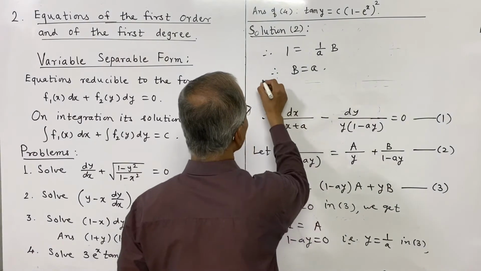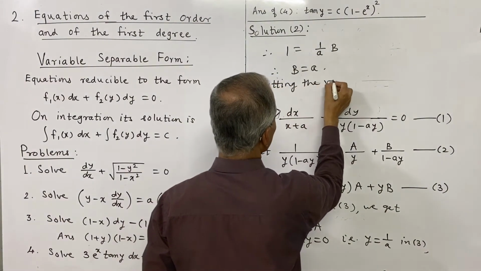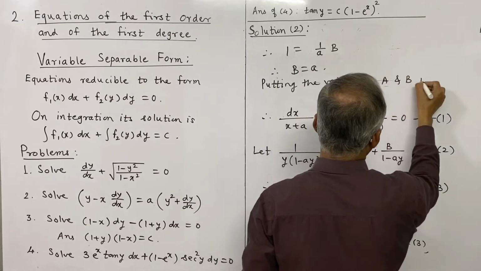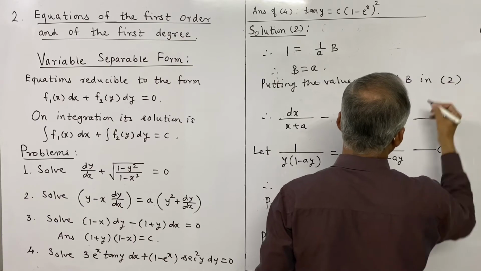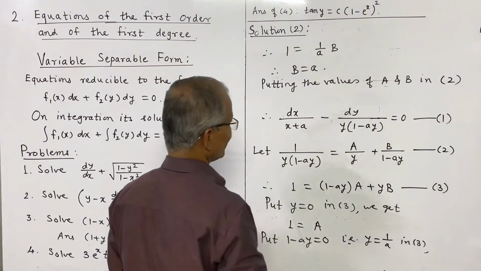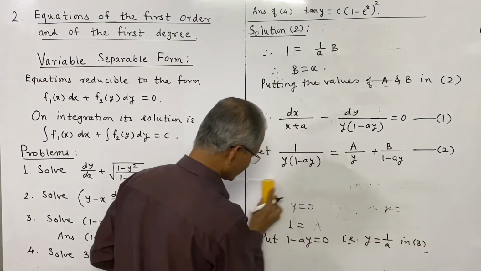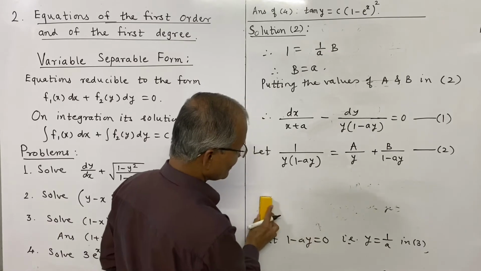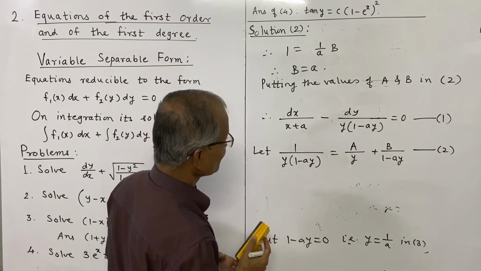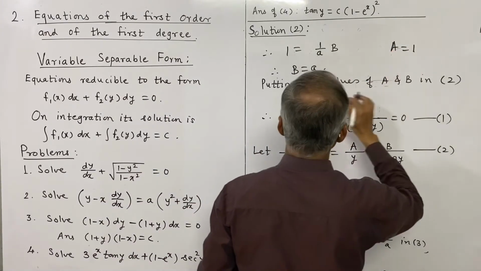Now putting the values of a and b in second, we get from 1, or we get this as, first we can write this. Which value of a have we obtained? It is 1. A is 1 and b is a,